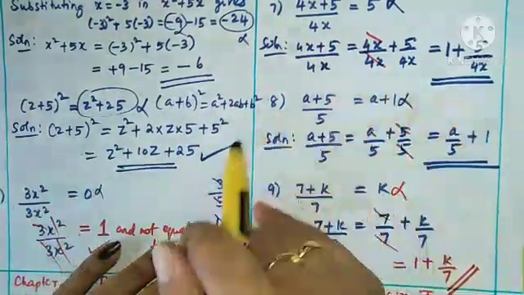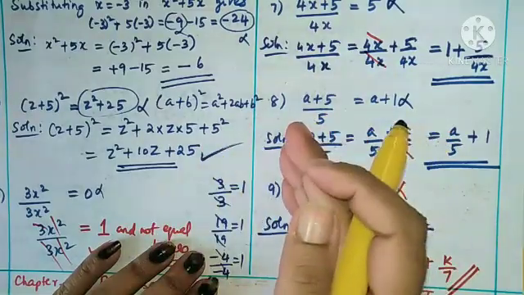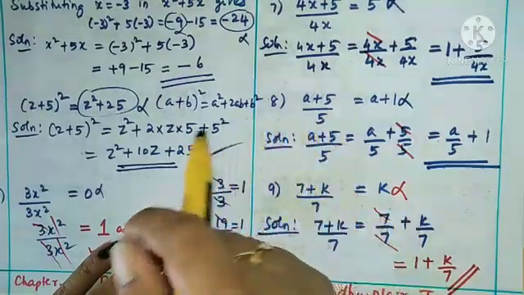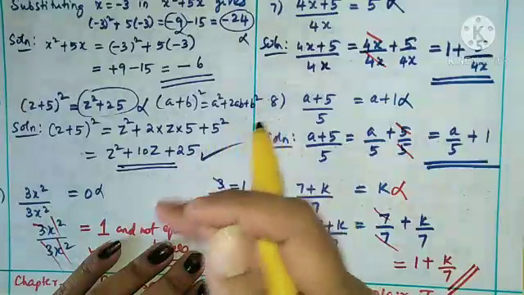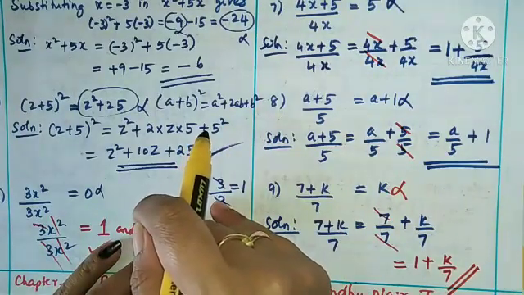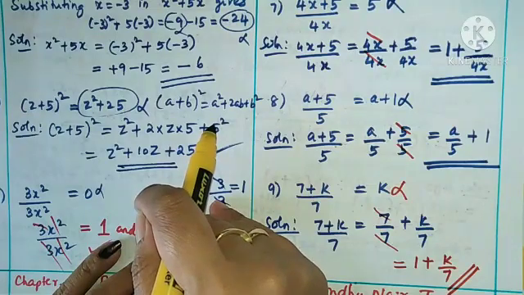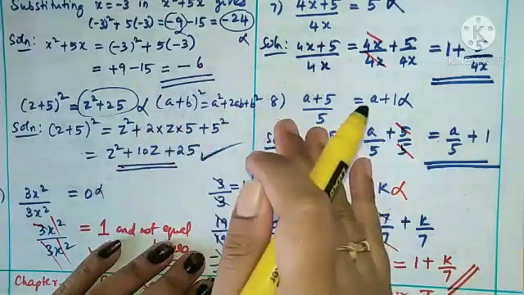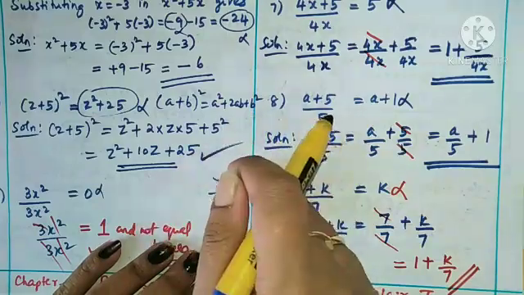Your chapter, factorization, is over now, and in the next video of today you will have a new chapter, that is playing with numbers. That is the last, 16th chapter from your textbook. It is actually a very interesting topic, so all of you listen to those videos and understand the activities, and make sure all the activities are very familiar and very easy to you, and enjoy the video.